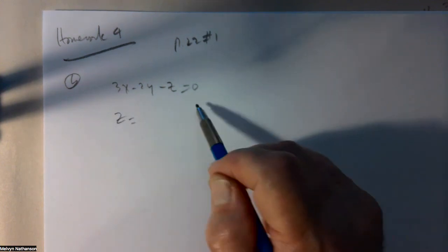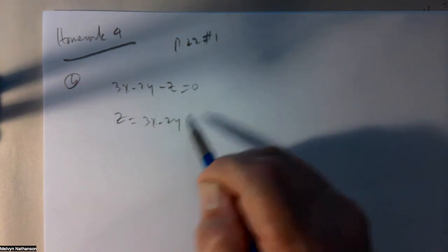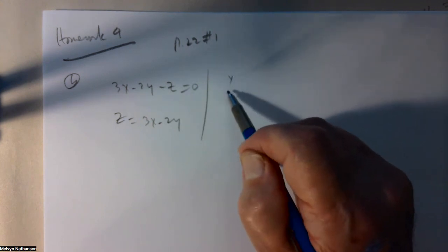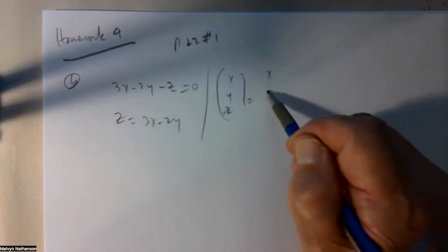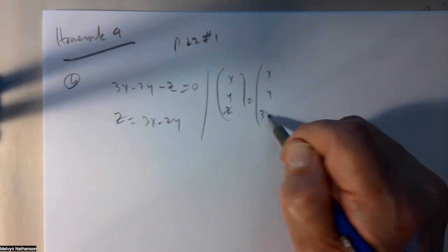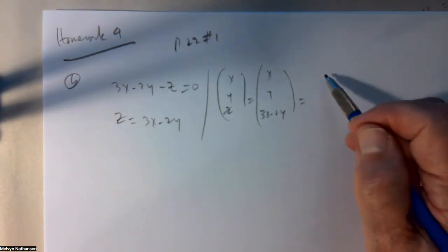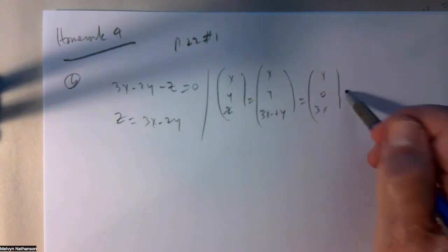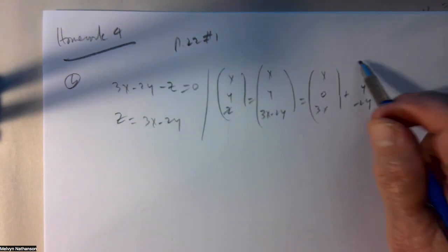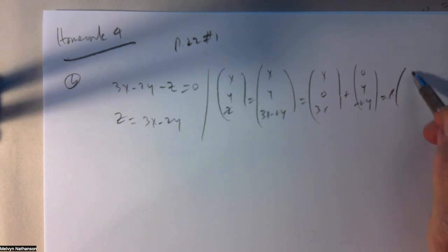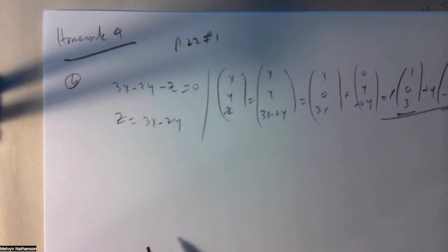So z is going to be equal to 3x minus 2y. So the solution space is vectors (x, y, z), where x and y are arbitrary, but z has to be 3x minus 2y. And you can write that as (x, y, 3x minus 2y). This is x times the vector (1, 0, 3), and y times the vector (0, 1, minus 2). So it's all linear combinations of these two vectors. That's all it is. And the other problems in homework 4